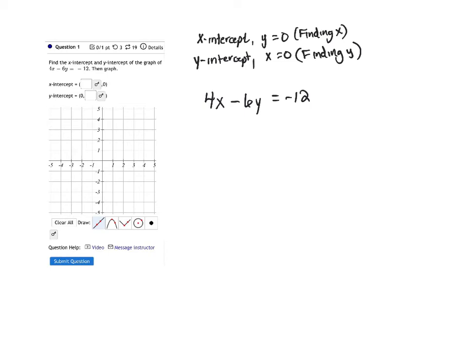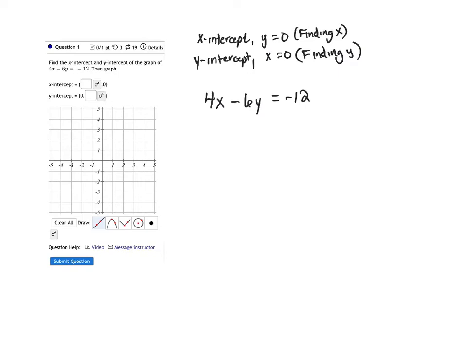We are finding the x-intercept and the y-intercept and then graphing them. Remember, the x-intercept, the y equals 0, so you're finding x, that's the x-intercept. Y-intercept, you're finding the y, so x will always equal 0. So take your equation. We're going to find the x-intercept first, so that means the y is going to be